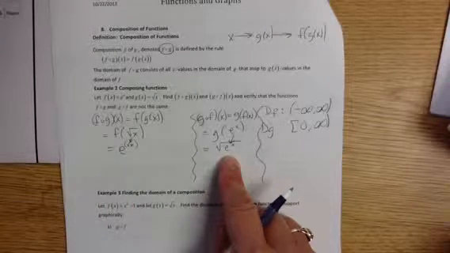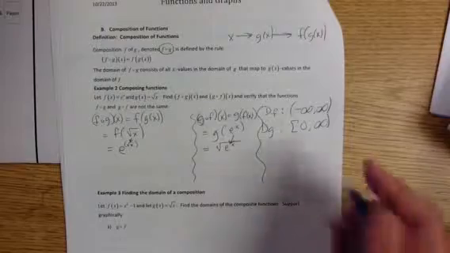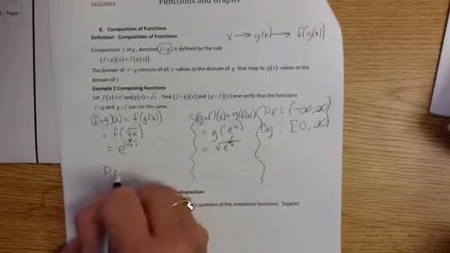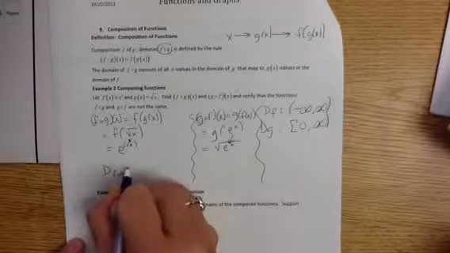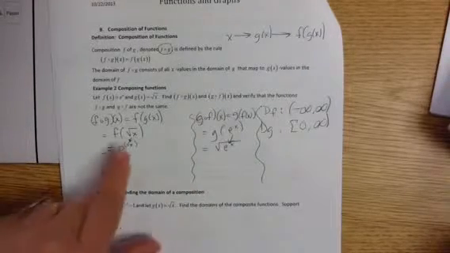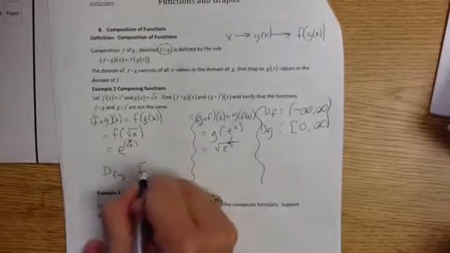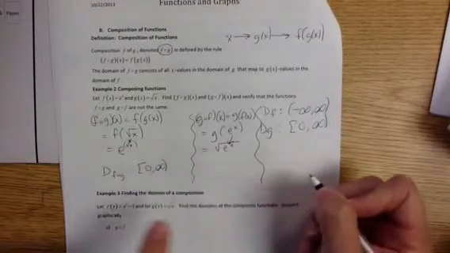So now what I have to do is look at the domain of this one, the domain of f of g. Let's see what we get. I only have positives and zeros, so all I'm going to have in here is positives and zeros. In this one,